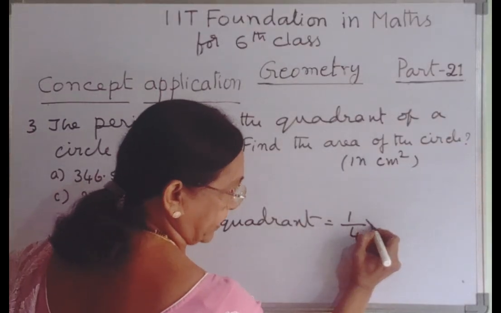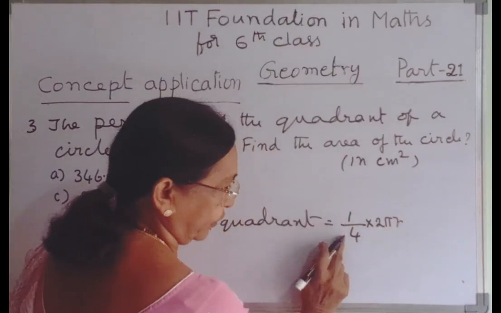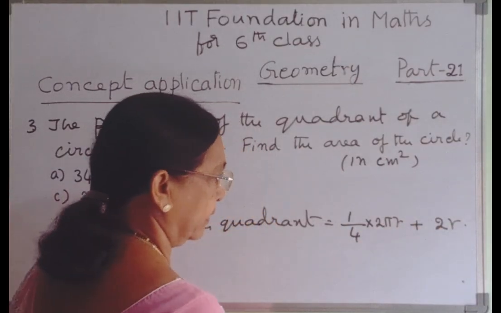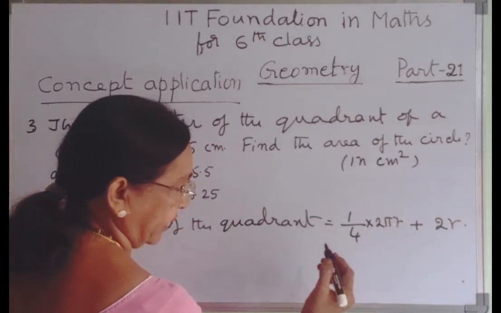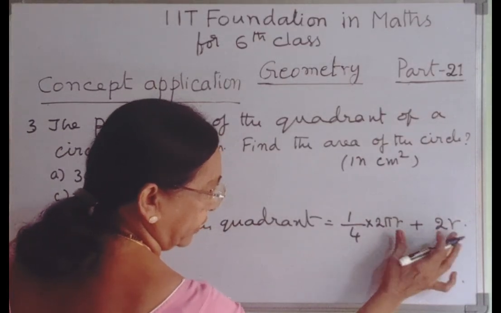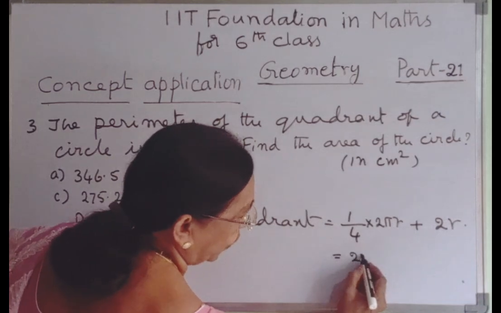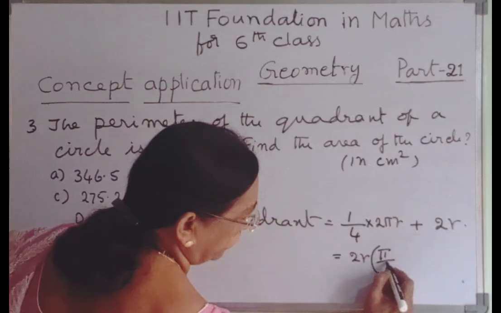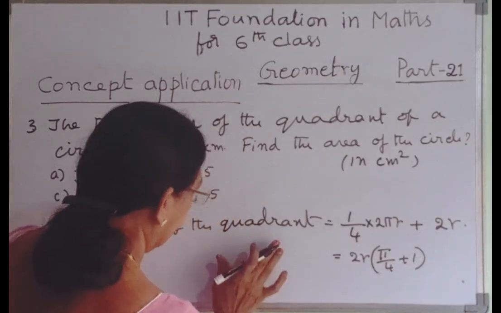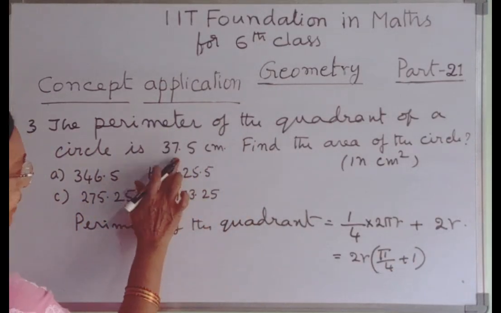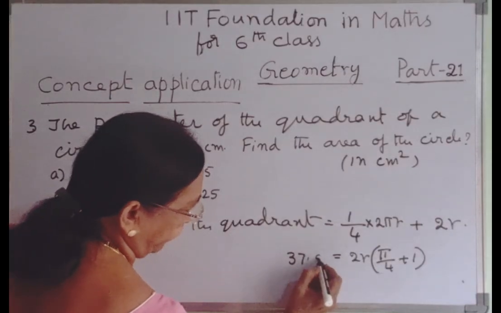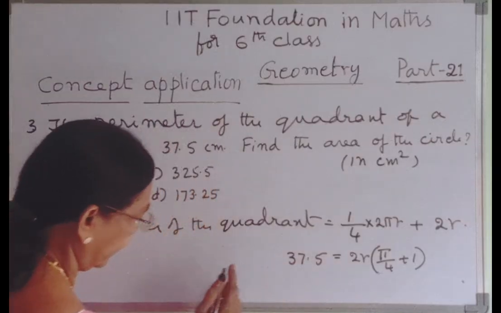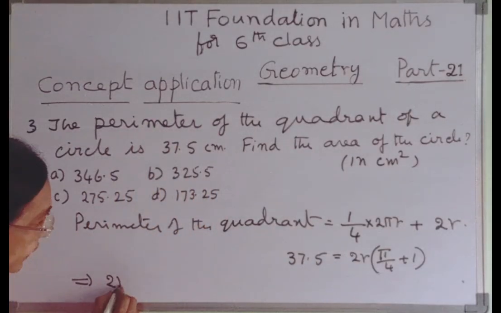1/4 of the circumference of the circle. 1/4 of the circumference of the circle plus 2r. Therefore, taking 2r common from these two, 2r into pi by 4 plus 1. On the left side, the perimeter of the quadrant is given as 37.5. So 2r is equal to 37.5